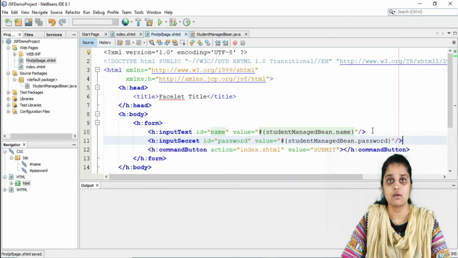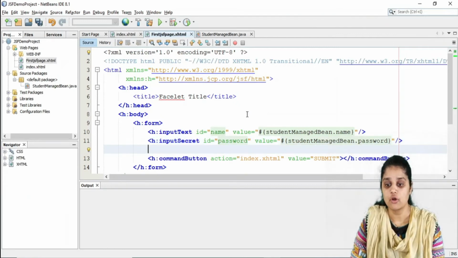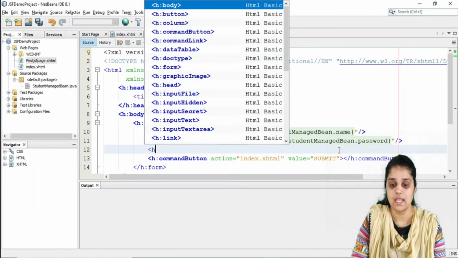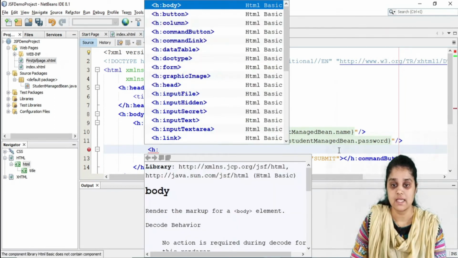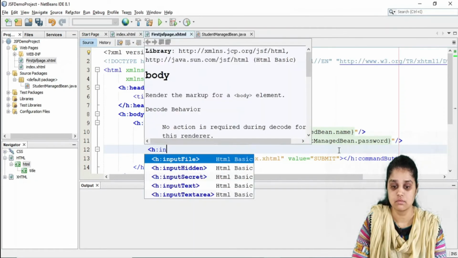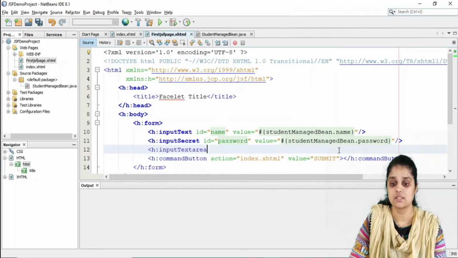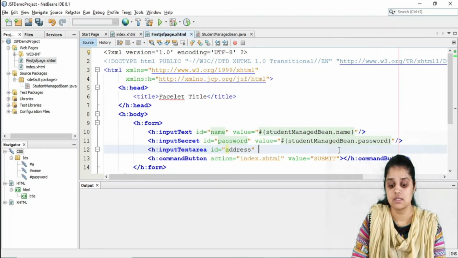This is how I can write my password. For address, I will write h:inputTextarea, with the ID as address, and the value I can store in #{studentManagedBean.address}. Okay,